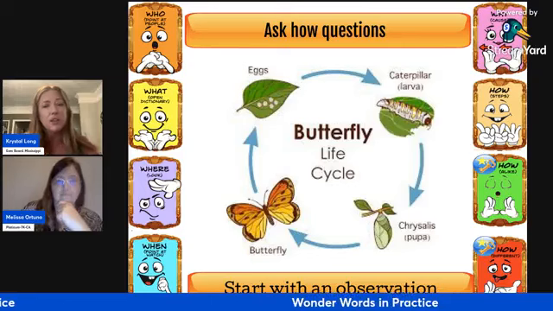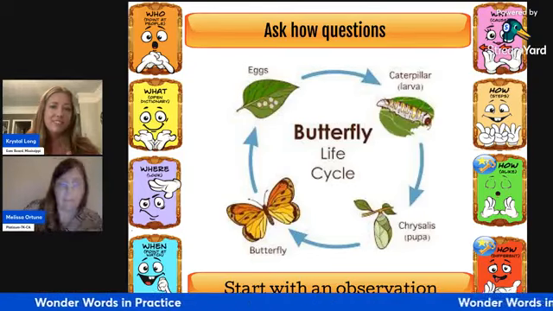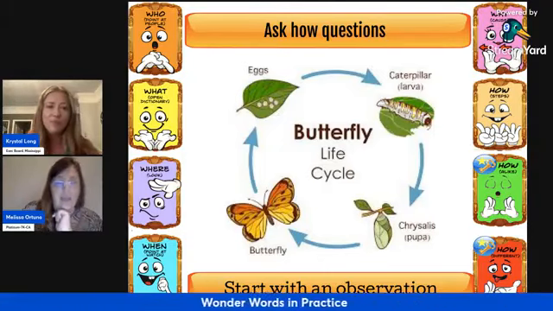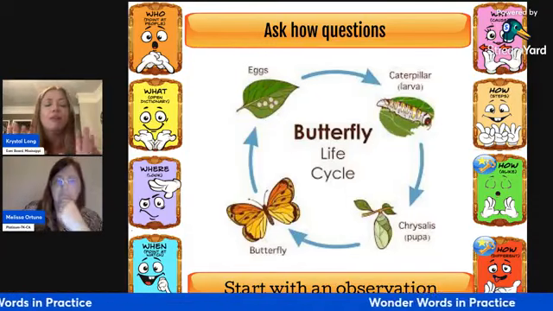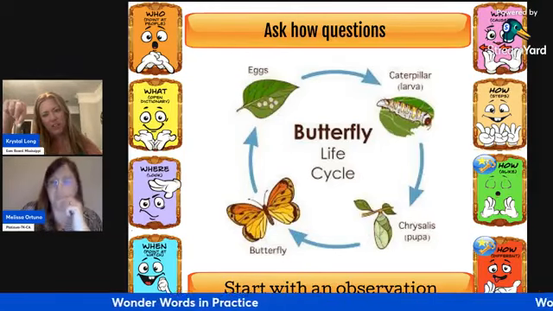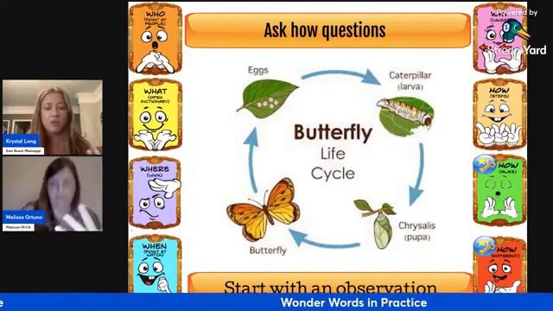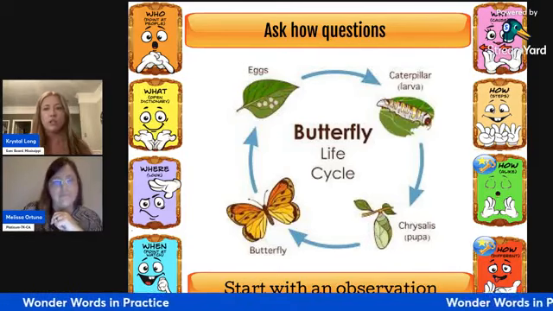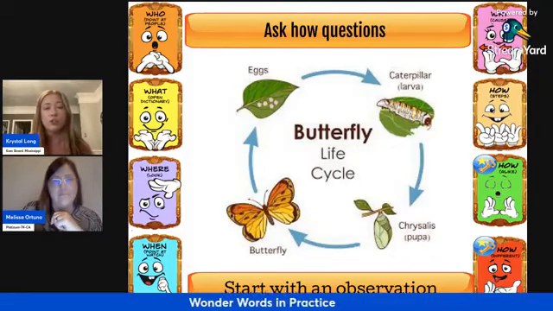And Melissa, what are some things that you're observing? I see that there are some words with some labels. We're talking about a butterfly, and I have some arrows pointing to the different parts of that butterfly. Nice. I see some eggs, and then I see, oh, is that a caterpillar? I love caterpillars. Oh, what's this? It kind of looks like something hanging from a branch. That's interesting. Oh, and then a butterfly. I love butterflies. So we're observing what the picture is actually telling us before we even ask our students to ask those questions. So Melissa, which one of our how questions do you think this picture goes with?